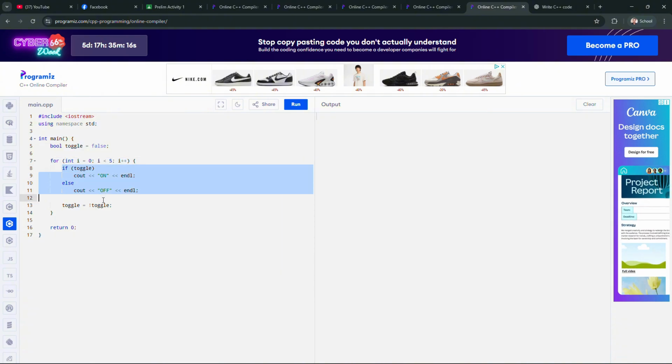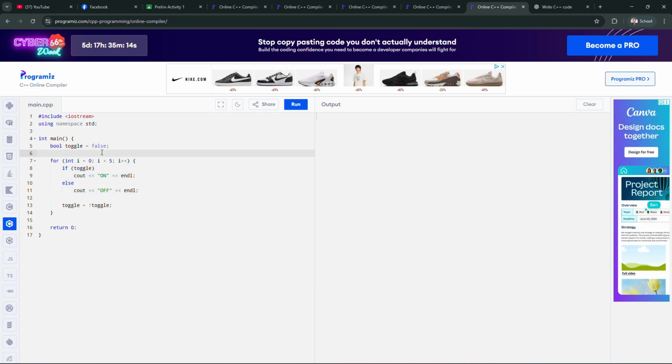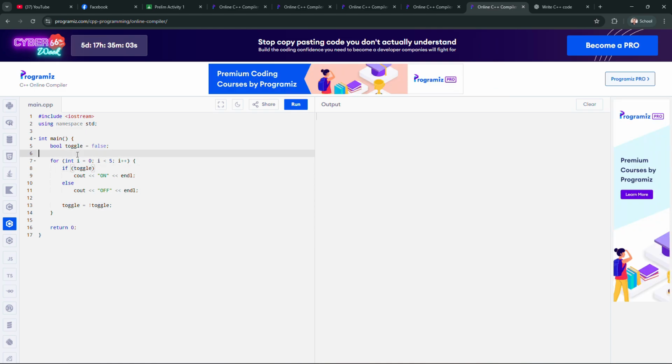We have the if else condition to find what matches the value of toggle. So after that, we have here a toggle operation.